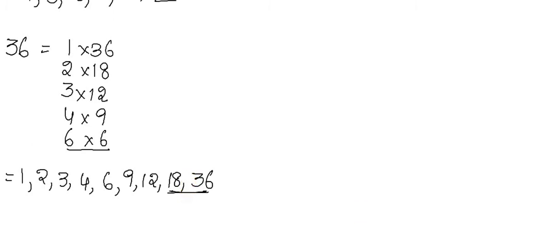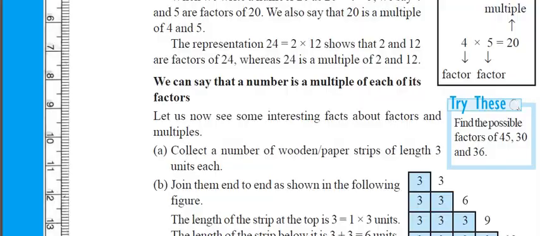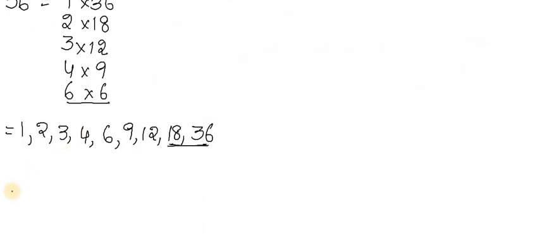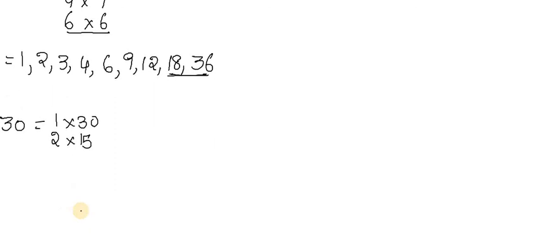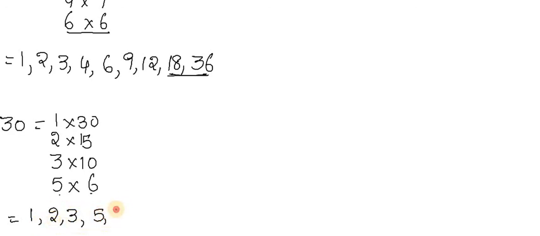And what is the one more number he asked us to find? 30 also. We'll find the factors of 30 also. 1 30s are 30, 2 15s are 30, 3 10s are 30, 4 table you will not get, so 5 6s are 30. Automatically the alternate numbers are coming here, so we can say that the factors are completed. 1, 2, 3, 5, 6, 10, 15, 30. These are the factors. I hope you all understand my class.